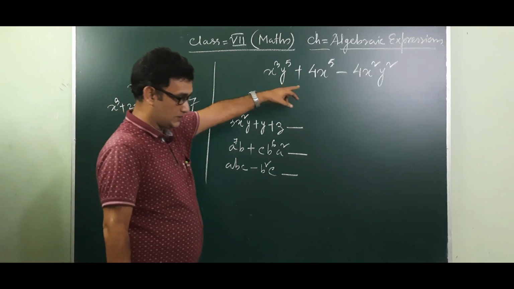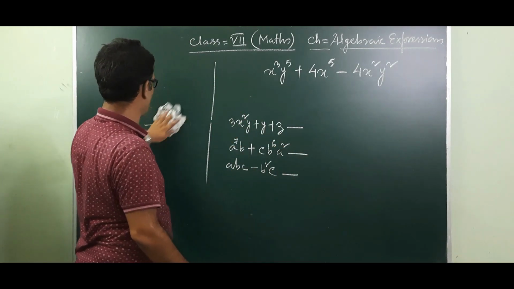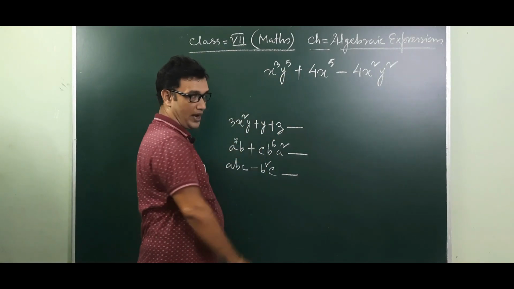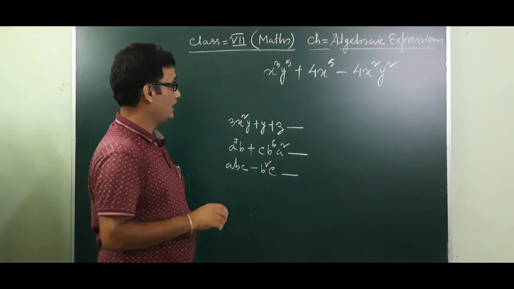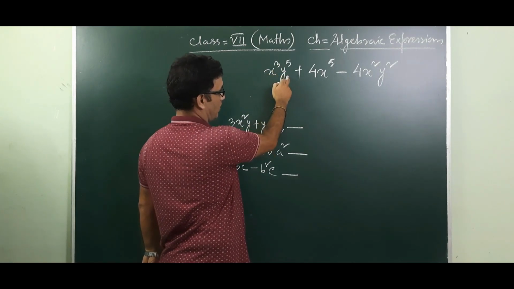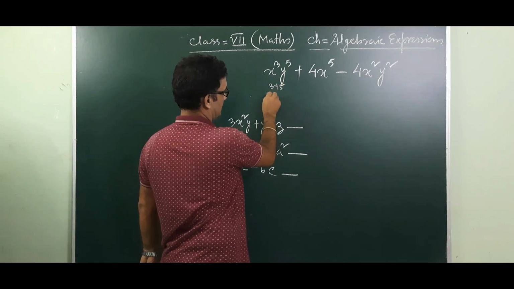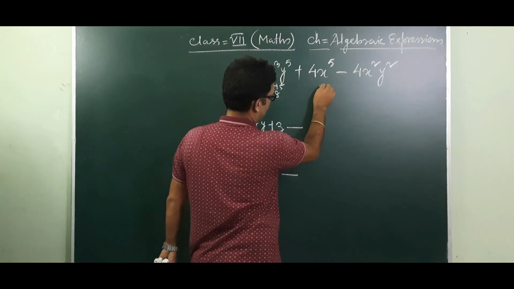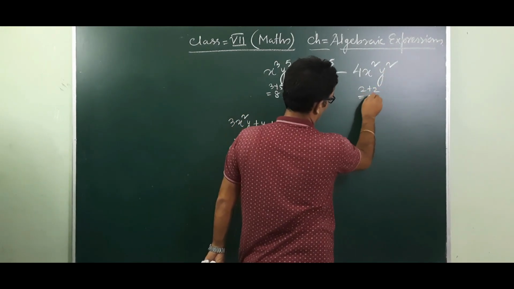Now in this algebraic expression, you see two variables are there. One variable is x, another one is y. So in that case, how will you find out the degree? Now you see first this part. Here the power of x is 3, here the power of y is 5. That means both the powers you will add. That means 3 plus 5. That means how much is coming? 8. Here the variable is x, that means only 5 is there. Then here 2 and here 2, that means 2 plus 2.